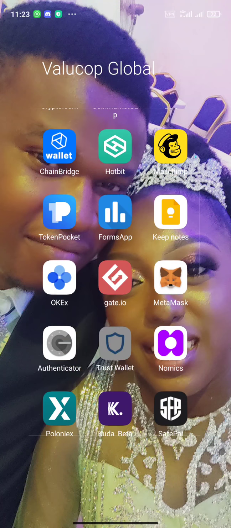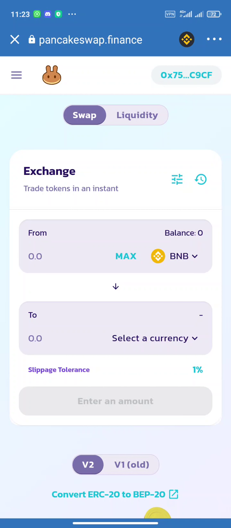Today I want to show you how you can make profits on your idle assets using Pancakeswap. Now this process is known as staking. What is staking? Staking is when you deposit your digital assets in a dedicated wallet or an exchange, or into a validator, and then